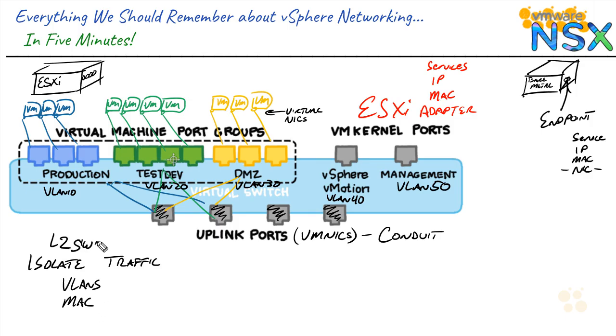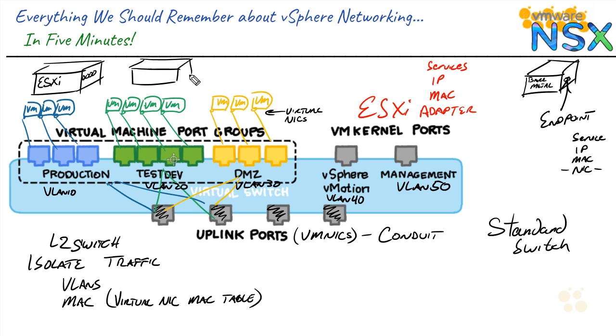Remember, this is talking about a layer 2 switch. The MAC address table is not built dynamically, though. It's just based upon the virtual NIC MAC addresses stored in the ESXi table. So what about scalability? With a standard switch, every ESXi system that needs to have a similar configuration will need